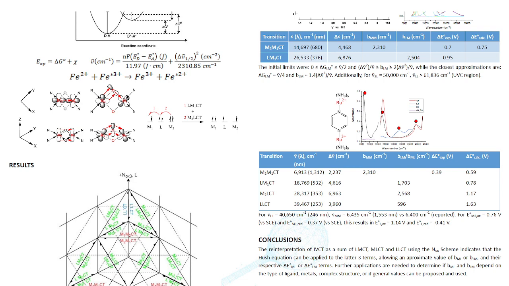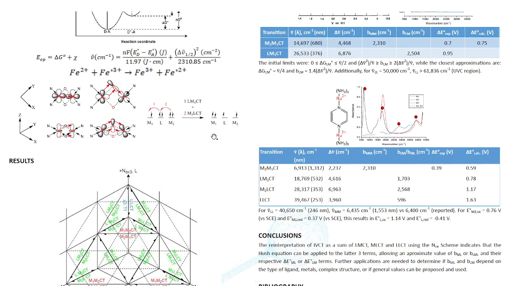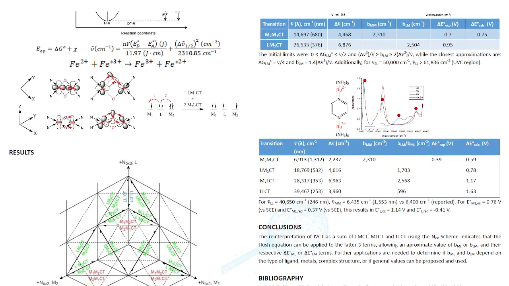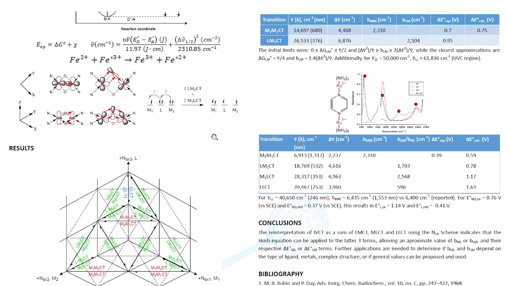Now, how does the intervalence charge transfer occur? It can happen by two methods: by direct superposition of orbitals between the donor and acceptor, shown on the left, or through a bridging ligand, shown in the middle, through an oxygen ligand in this case, by the proper orientation of each of the involved species, of the atomic orbitals. On the right, this process